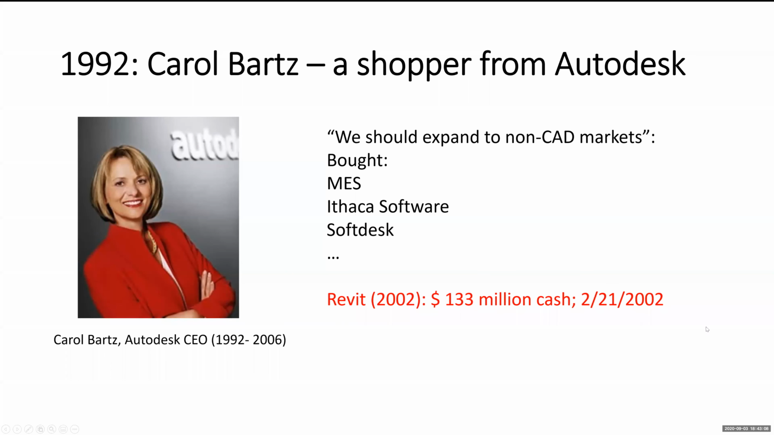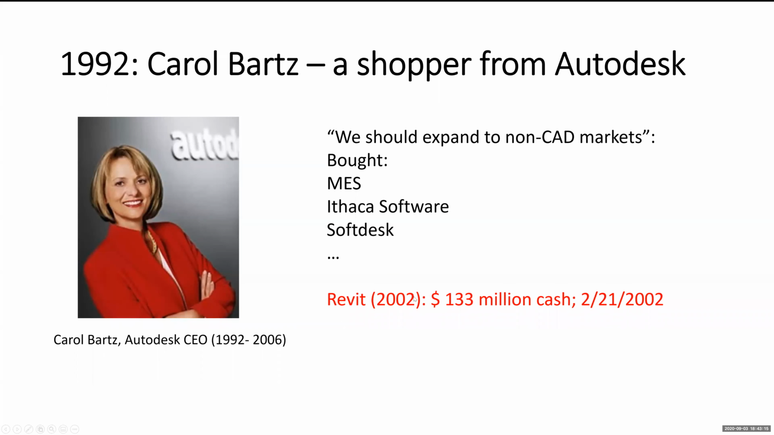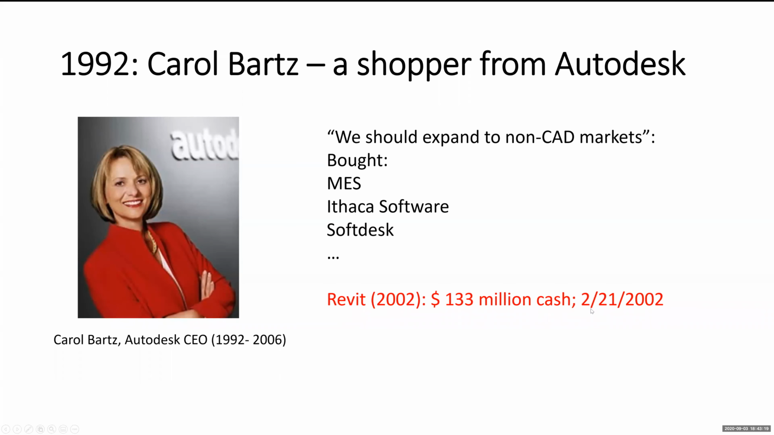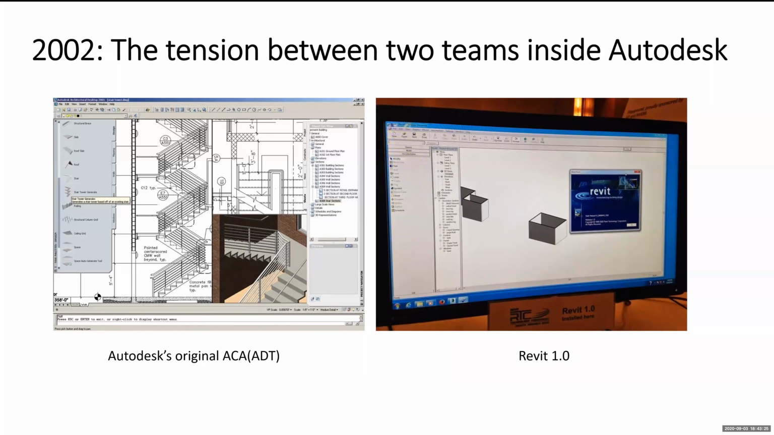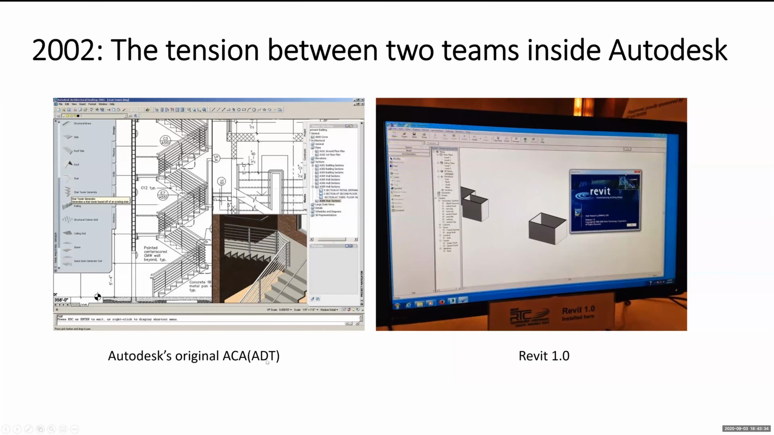Here's just a couple from the list, like MES, Inshika Software, SoftBank. And then finally, in 2002, she bought Revit for $133 million. That's the moment, February 21st, 2002. Why do I mention this story? Because Autodesk at that time had their own BIM software called ACA or ADT. It was not that successful, so they bought this Revit